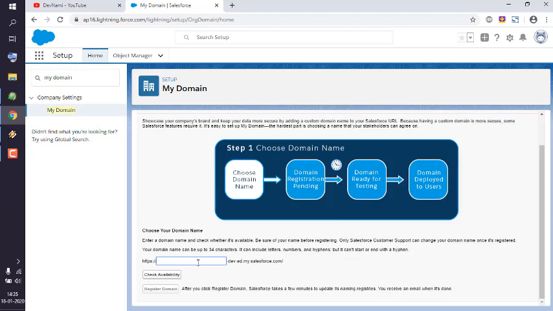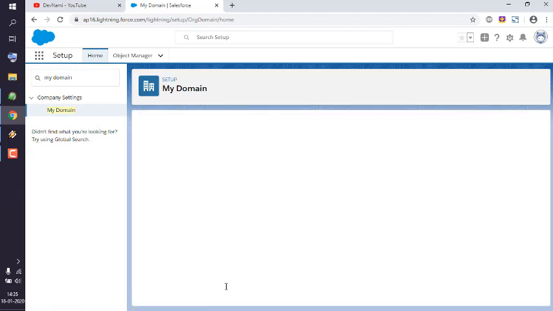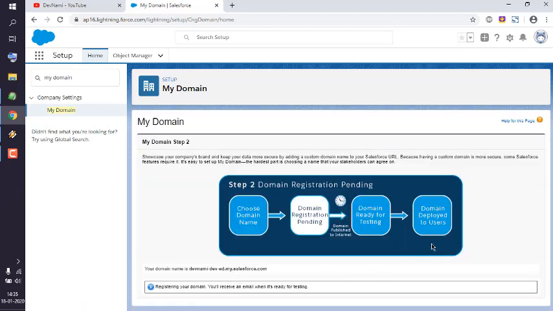Here I'm going to type in DevNami and check for availability, and it says available. So I'm going to register this subdomain in my developer account. Clicking on register. Now the domain is registered. You will receive an email when it's ready for testing. So I'm going to copy this